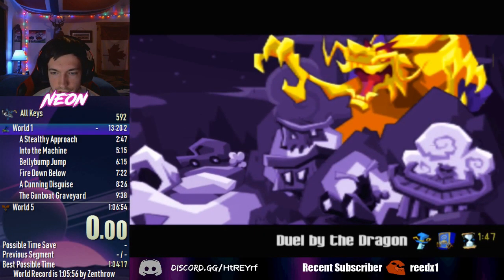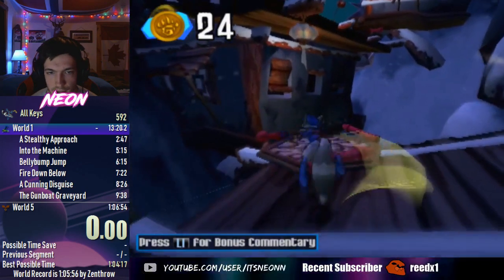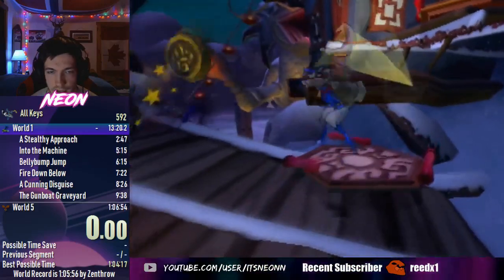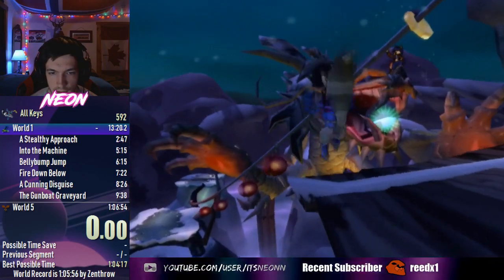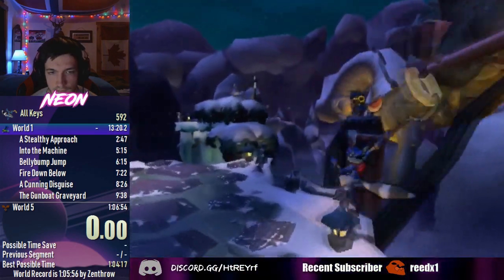Alright, so the next trick is here in Duel by the Dragon. There are two tricks I'm going to show you guys. The first is called Gate Skip, which saves about 2 to 3 seconds of waiting for the gate to fall when you break it with the rocket. So normally what you would do is you come down here,